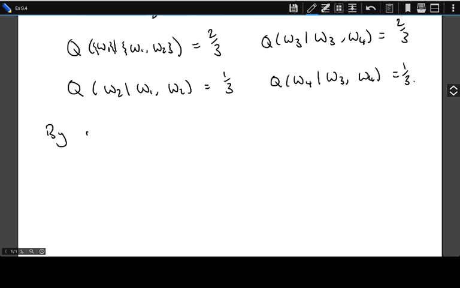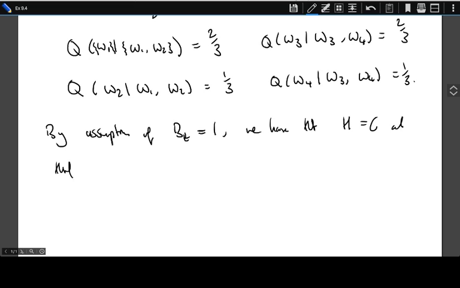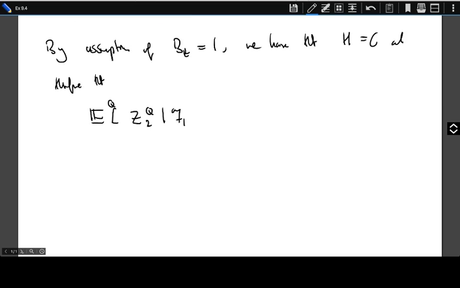In our setting, by assumption of the fact that Bt is equal to 1, H is equal to C. And therefore, the expectation of Z2Q given F1 under Q, this is all expectation under the equivalent martingale measure, Z2Q is equal, H2 is equal to C2 by definition of the Snell envelope, so this is equal to